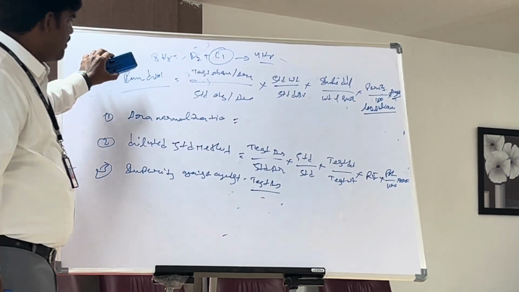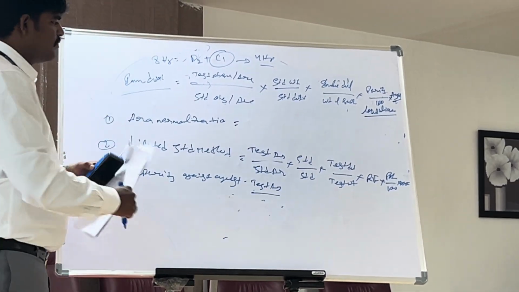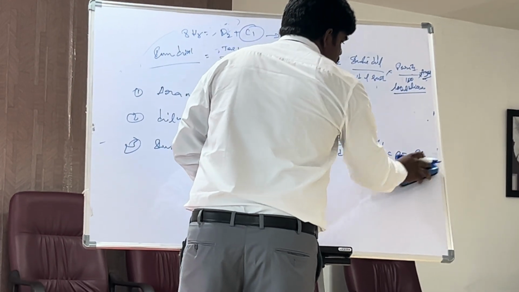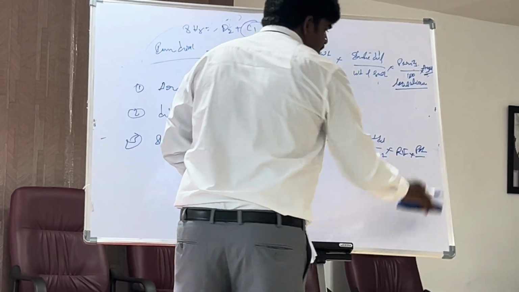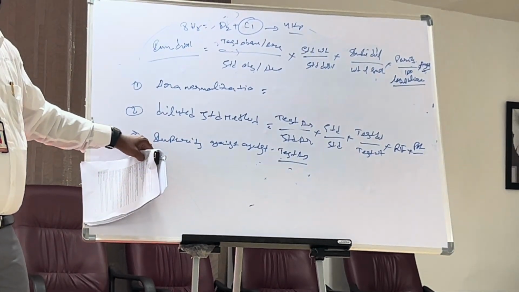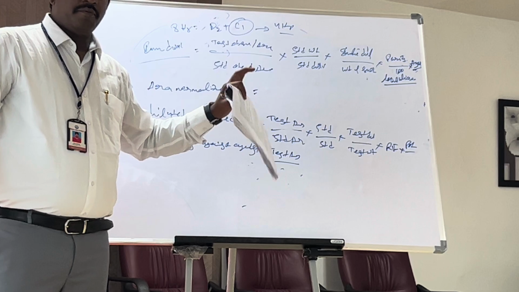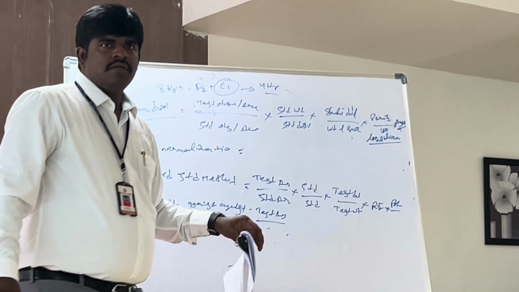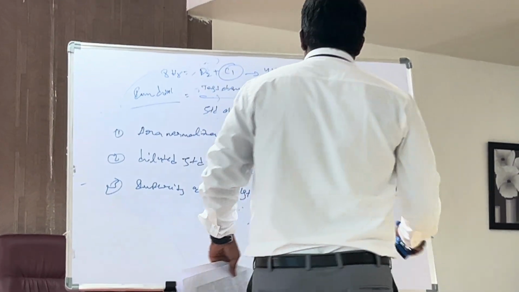If it is an API, if you want to do the API, here you don't get any average weight. Or whether you are doing any suspension or injection, you need to include the weight per ml value and average weight, both. Understand? So this is all about today's calculations and